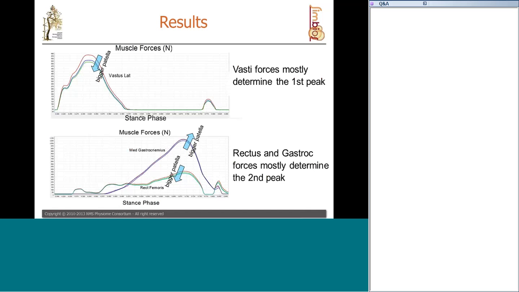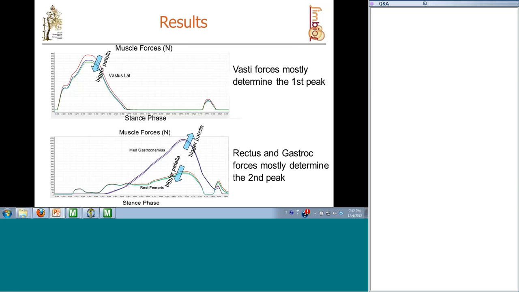If we focus on the vasti forces in the first figure, we see that such forces mostly determine the first peak of the knee reaction forces. And you see that the bigger the patella, the lower the vasti muscle forces. And so this determined the change in the first peak of the knee reaction forces. On the other hand, if you analyze the second peak of knee reaction forces, that basically did not vary, you see that